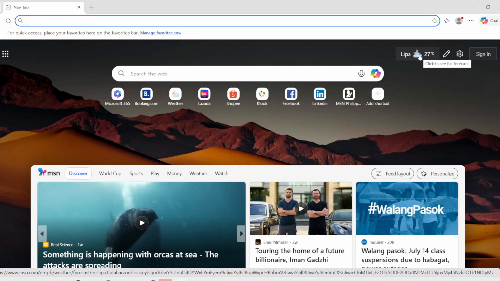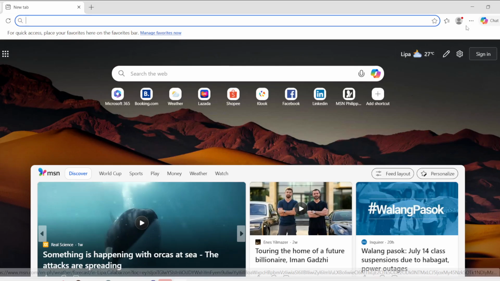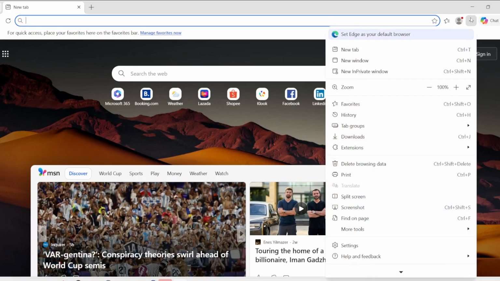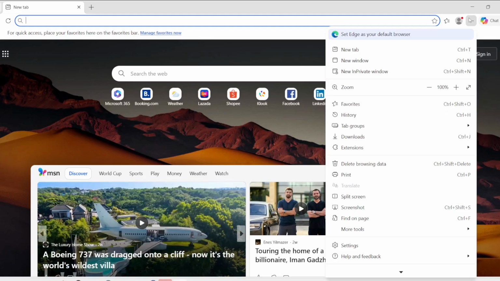Next, click the three dots in the top right corner. These three dots are also known as the menu button. When you click on it, a drop-down menu appears, revealing various options. This action is important because it gives you access to the settings you need to adjust your permissions.